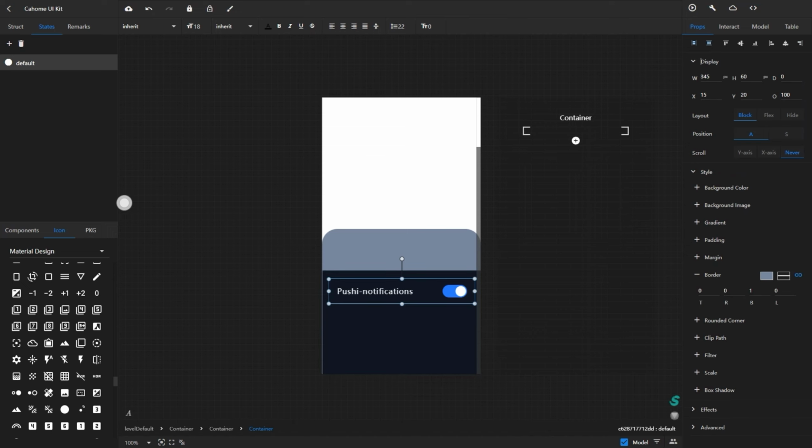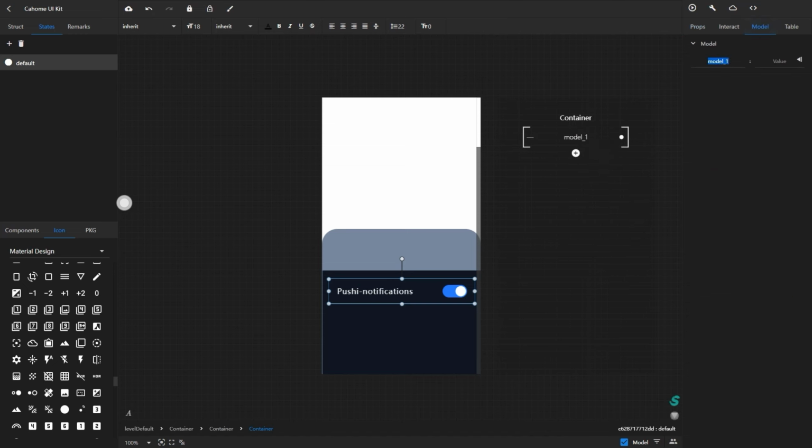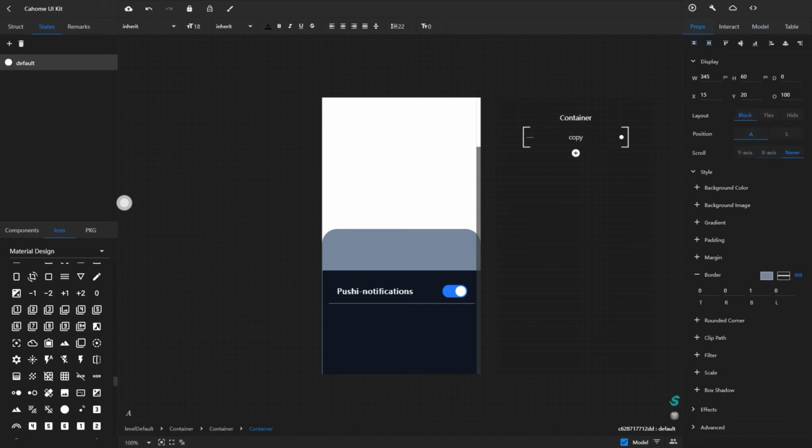Then we click on this container. We add a general model variable to it. Make a copy. Enter the number of copies to be made. Add a stacking state.